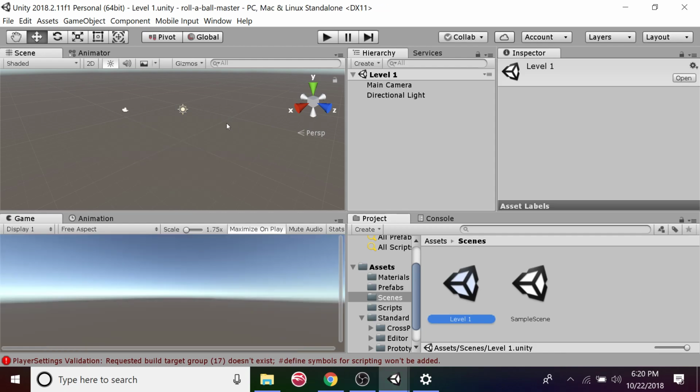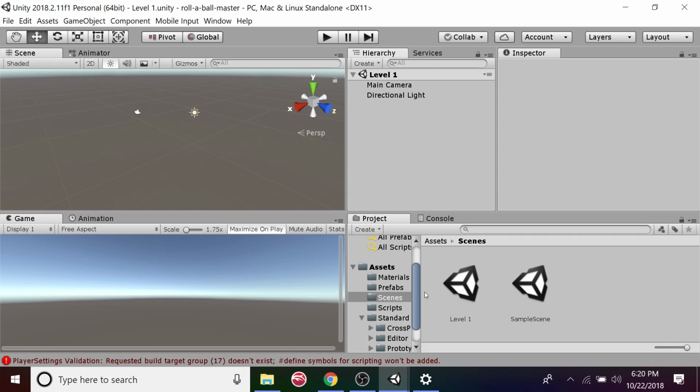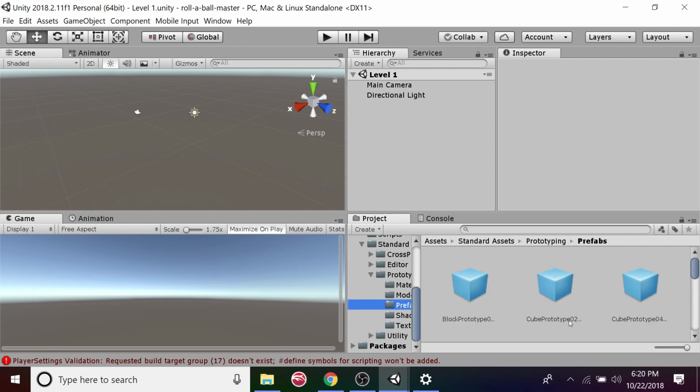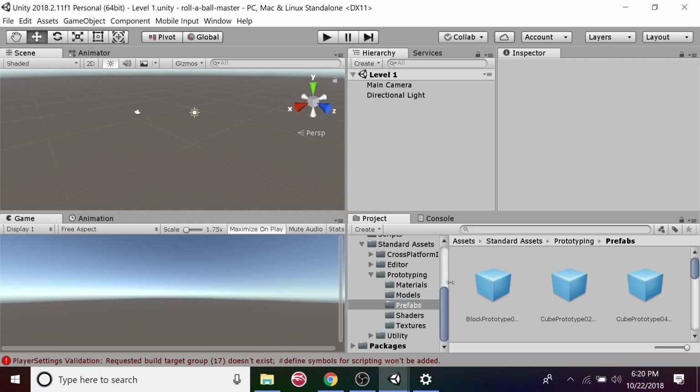And then open it up, and you should get an empty scene. Did everyone get that? So what we're going to do is use the prototyping folder that we just imported to create a really basic level a lot faster than we did before. Before, we were making each wall, each plane. But now that we have the prototyping folder, we can do all of that pretty easily by going to